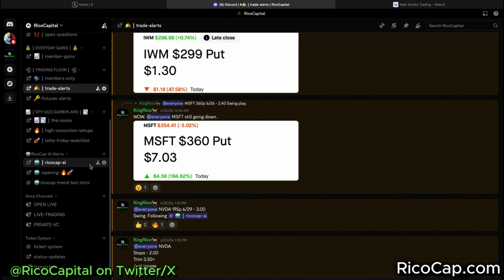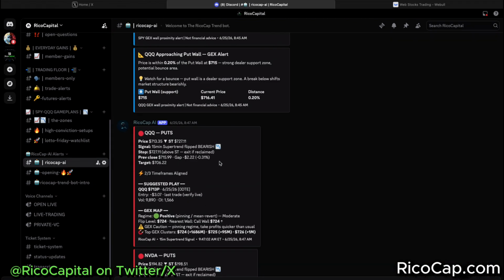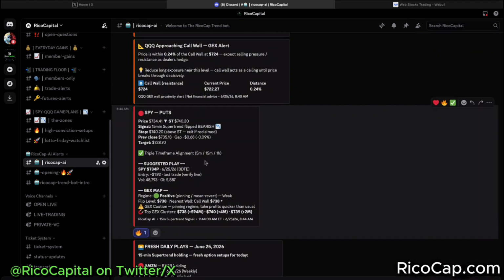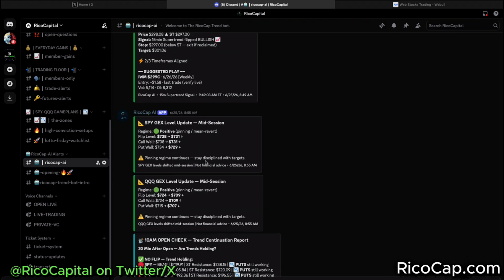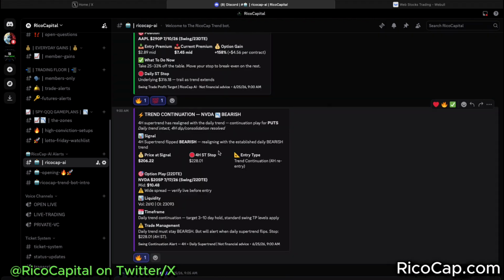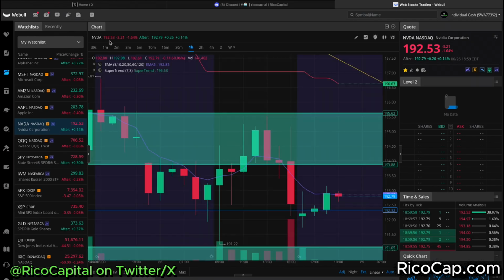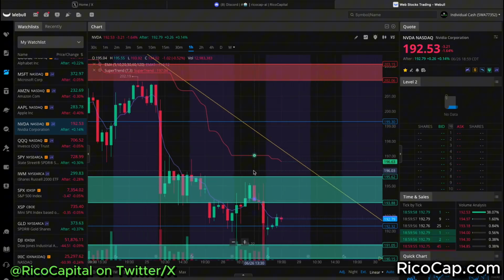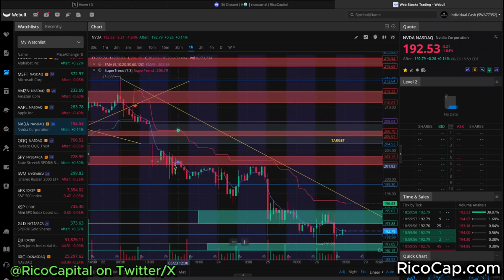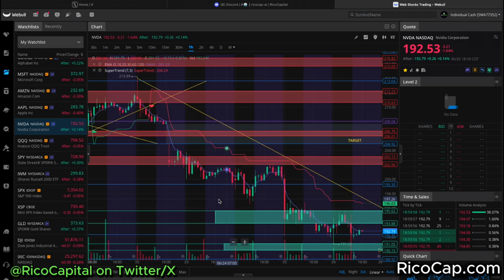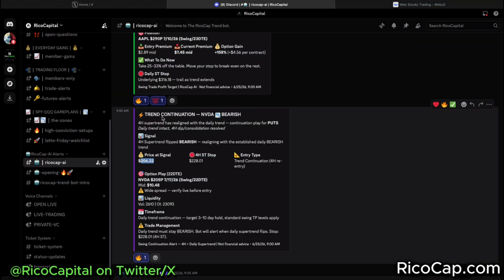And all that you're looking for, I would say, midday if it calls out anything for a swing, or if it's end of day and after close, it tells you, hey, trend continuation downward for Nvidia. Price action signal was 206 here, and if we look at Nvidia, when Nvidia closed at 192 at low at the end of the week, 206 was all the way up here before it gapped down, right? It just straight gapped down, and just kept going down. So this was early in the week,